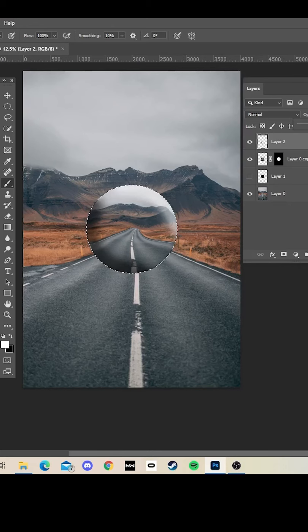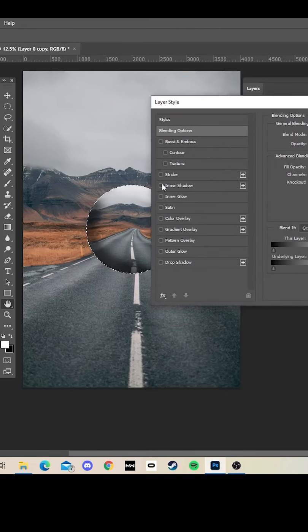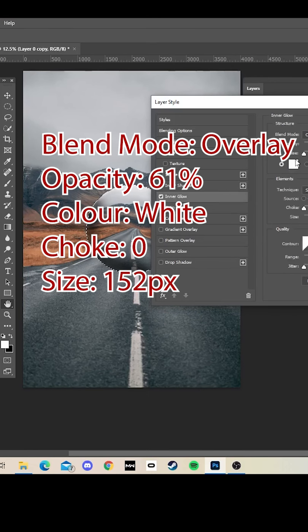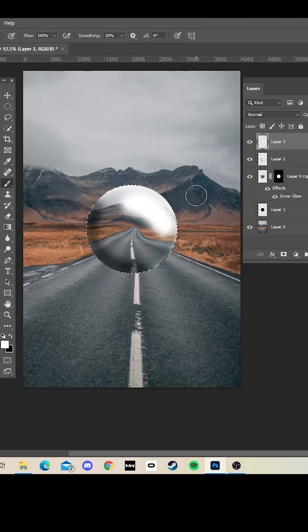like that. And I'm going to just double click on my sphere layer so I can get my layer style menus up. I'm going to add inner glow, and I put the settings on the screen. Once you've done that, click OK. Then you want to make a new layer. Then on this new layer, make sure your brush is set to white. Draw a little highlight like that, and your blend mode wants to be overlay, and I've just reduced my opacity